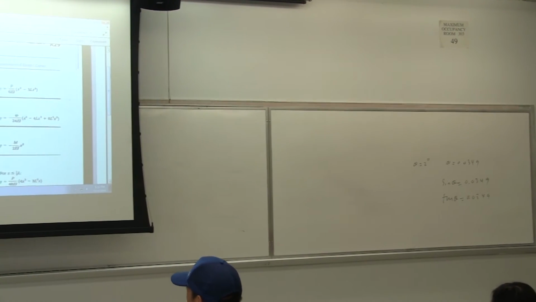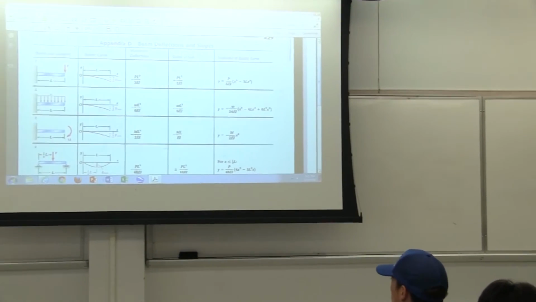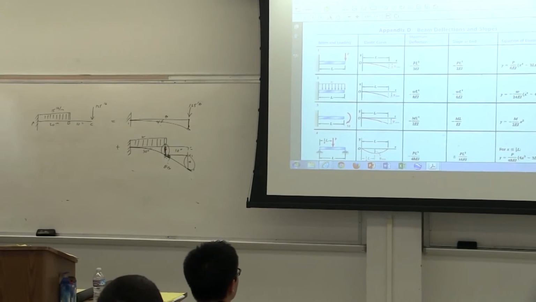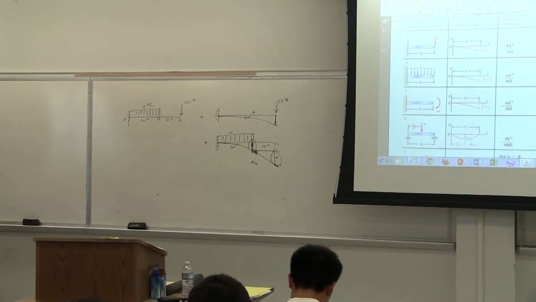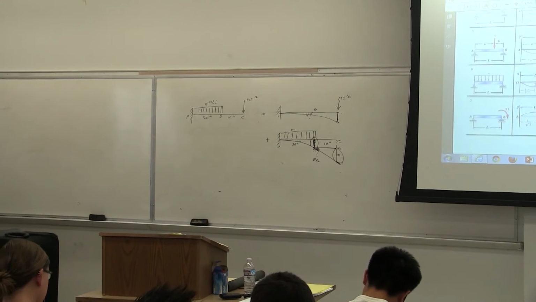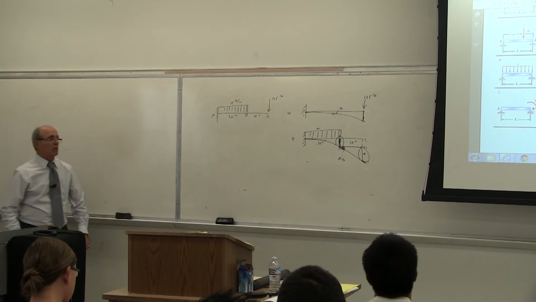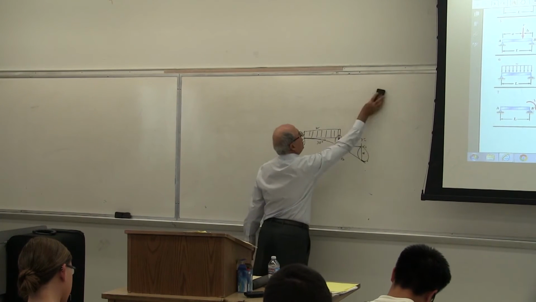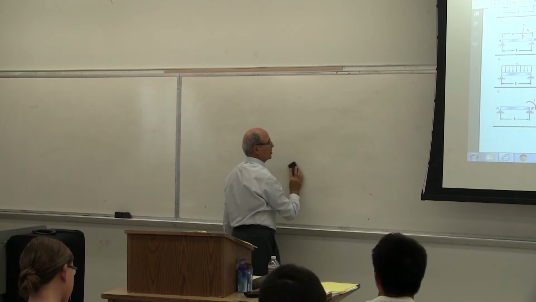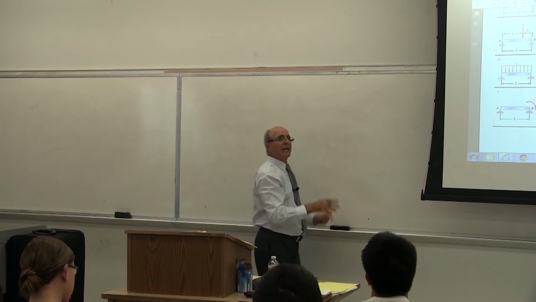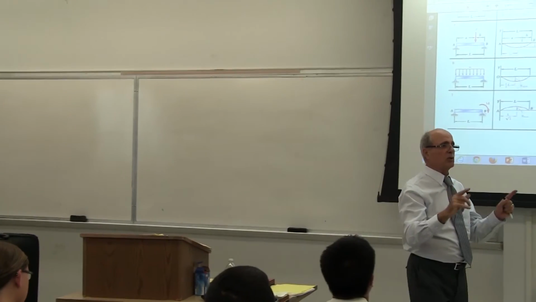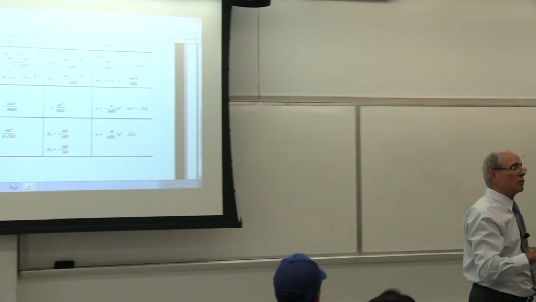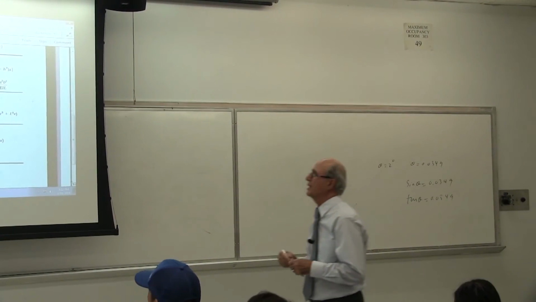Let's do another example, which I did for the other class as well. So let's put that down a little bit. So this time, this is the practice of this. Now, be careful of what you are saying and what you are doing. In this table, I already talked to you last time about all the significant parts of this table. The rest is you. The only problem that people have with this superposition method is they do not define their action first. So be careful what you do. Every time you want to use the superposition method, you have to see what you are doing or what the question is asking.